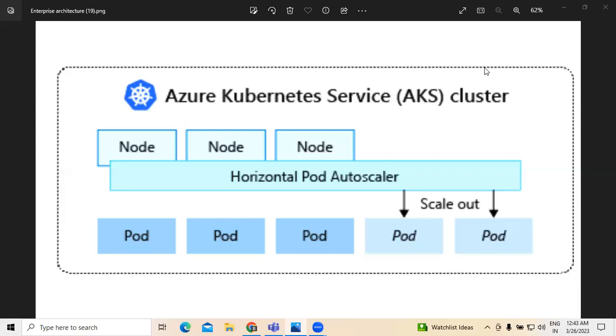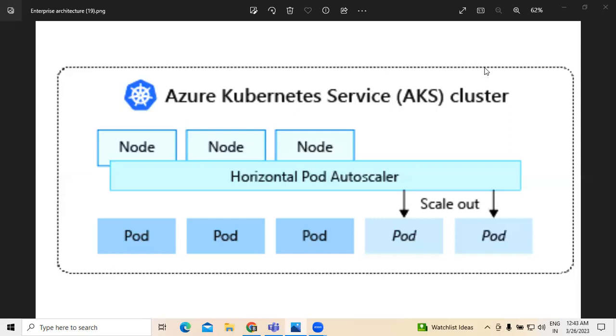While scaling down nodes, the Kubernetes API calls the relevant Azure Compute API tied to the compute type used by the cluster. For example, for clusters built on VM scale sets, the logic selecting which nodes to remove is determined by the VM scale sets API. When we talk about the horizontal pod autoscaler,